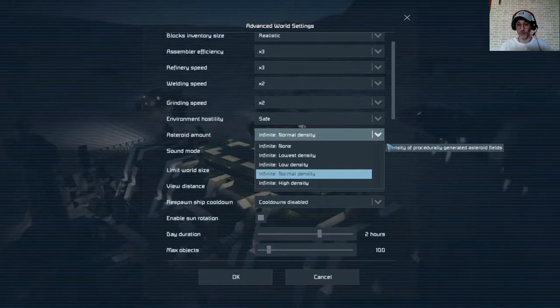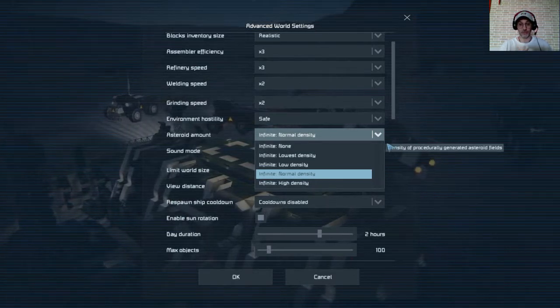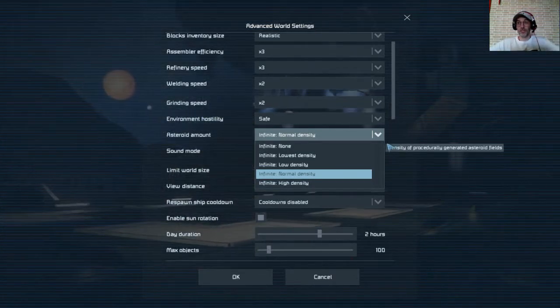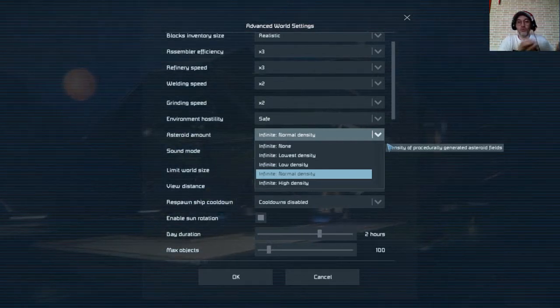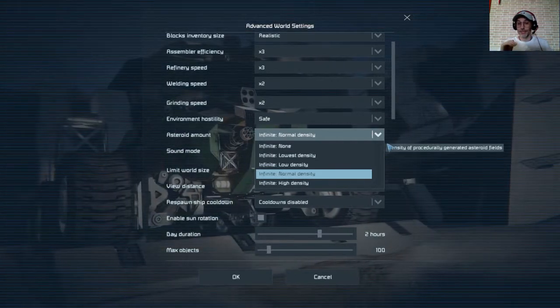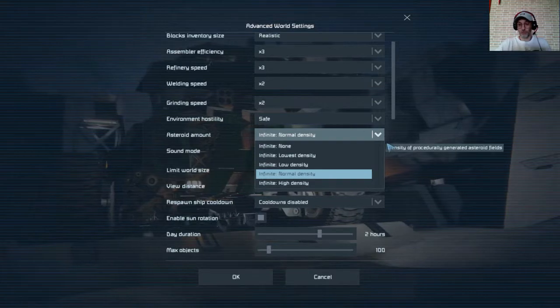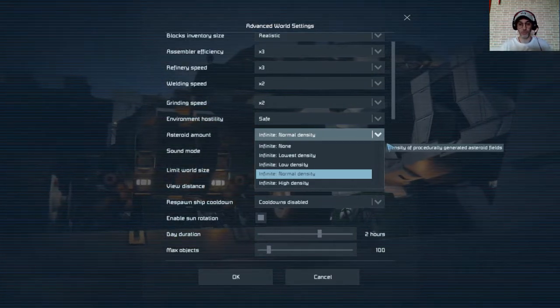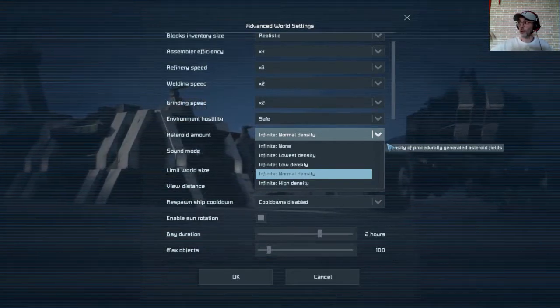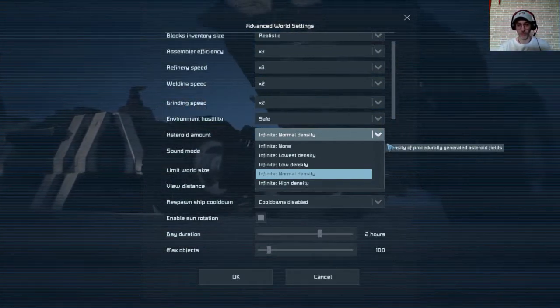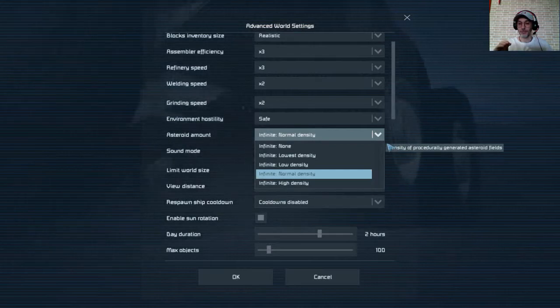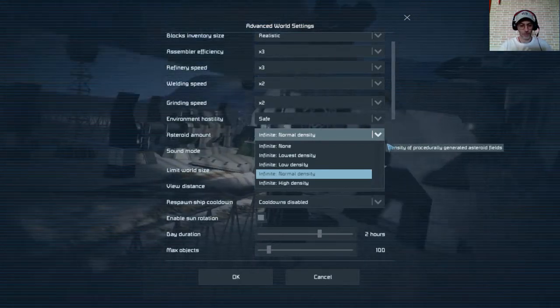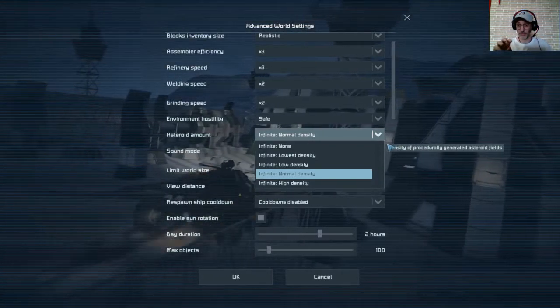What it means is that when they start appearing, you're gonna see 20 different asteroids, or 10 or 5. The more you play, because let's say you start on Earth, you go to space, you want to go to the moon, asteroids will appear. You go to Mars, more asteroids will appear. I'm not sure about this, but I think it gets